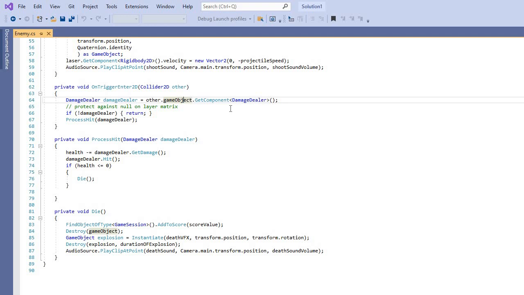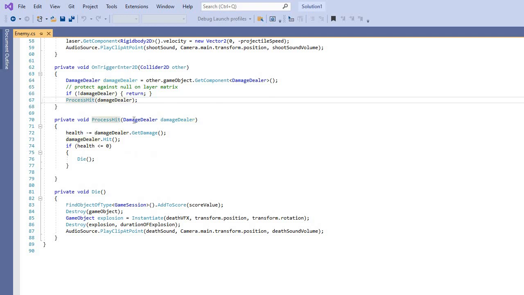Because the projectiles have the damage dealer script on them, if we're seeing a damage dealer, then you're going to process the hit of the damage dealer. In order to process the hit, we're calling that damage dealer script again. If health is less than or equal to the damage dealer's damage,